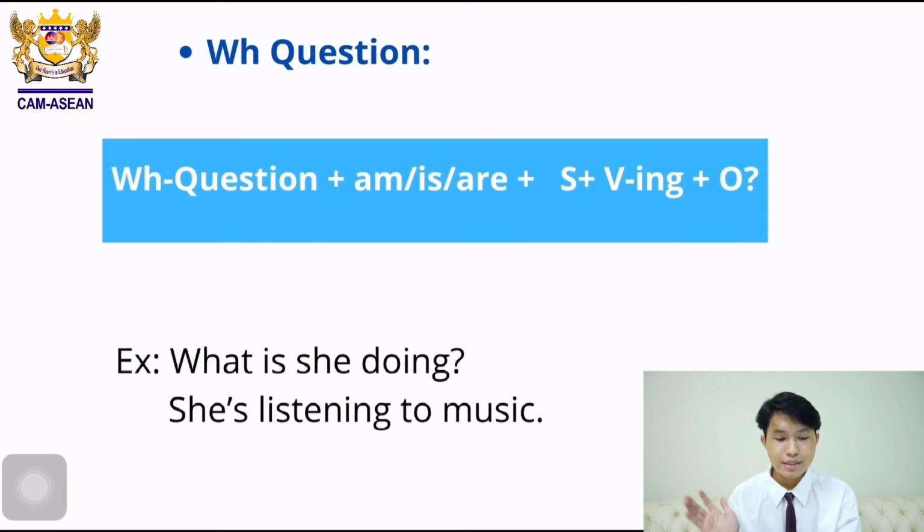Alright, so over here, right, you may be wondering why is it she's? Why is it not she is? So for this, it is just very simple. You can either say she is or she's. So both of them are correct. Alright, you can use either one of them. Okay,